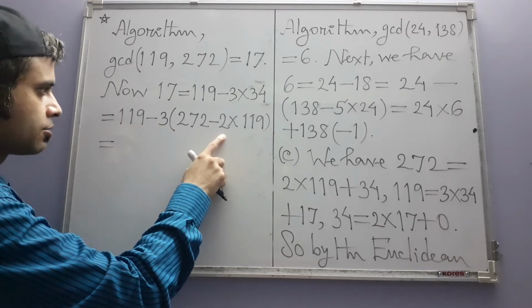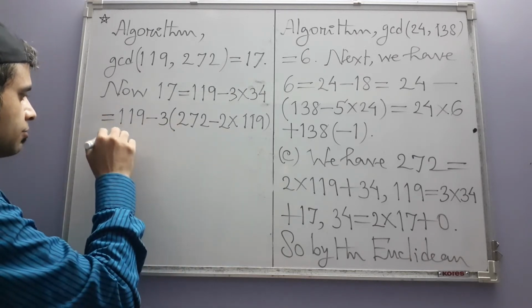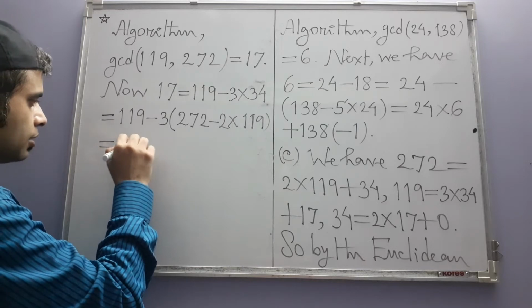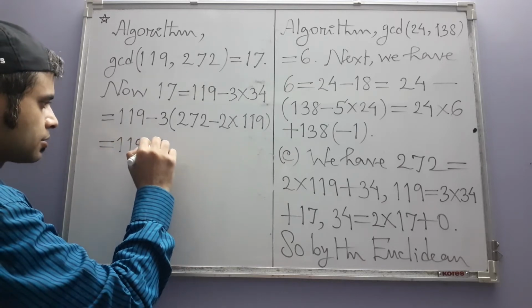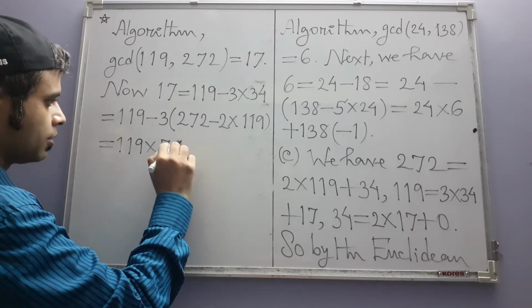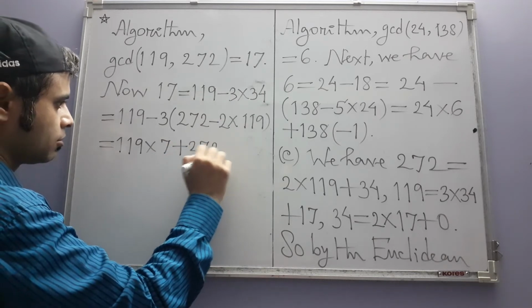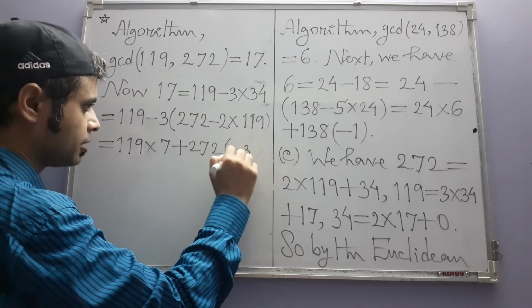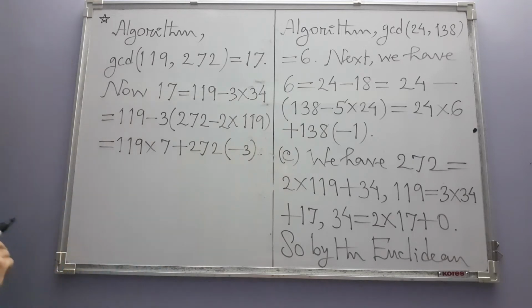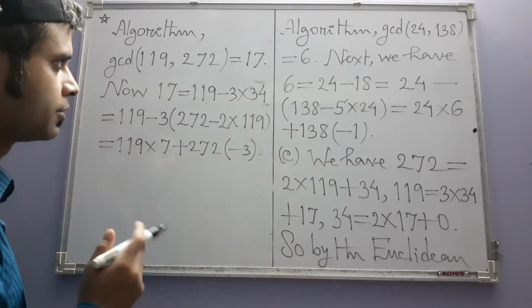Minus 3 times minus 2 is 6, 6 plus 1 is 7, so 119 times 7 plus 272 times minus 3. So in this case x is 7 and y is minus 3, and there is one